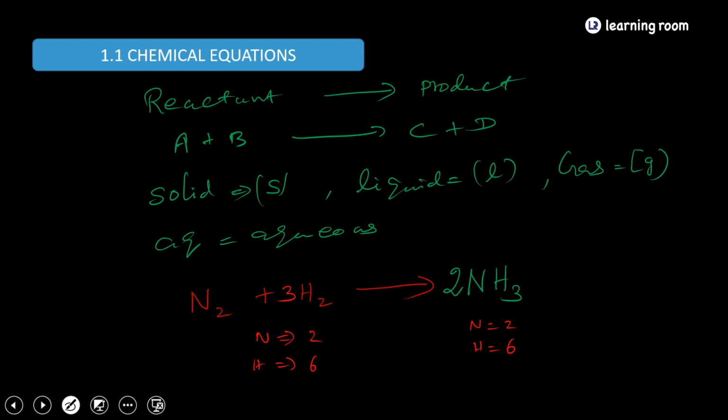Come over here. For nitrogen it is 14. For hydrogen it becomes 3 into 1, 3. 14 plus 3, 17. So what is the nitrogen? 28. And what is the hydrogen? 2 into 3, 6. Okay, 6. It gives 17. So 17 into 2, 34. So when you add all those things, you will see that the weight is balanced. You can work it out.